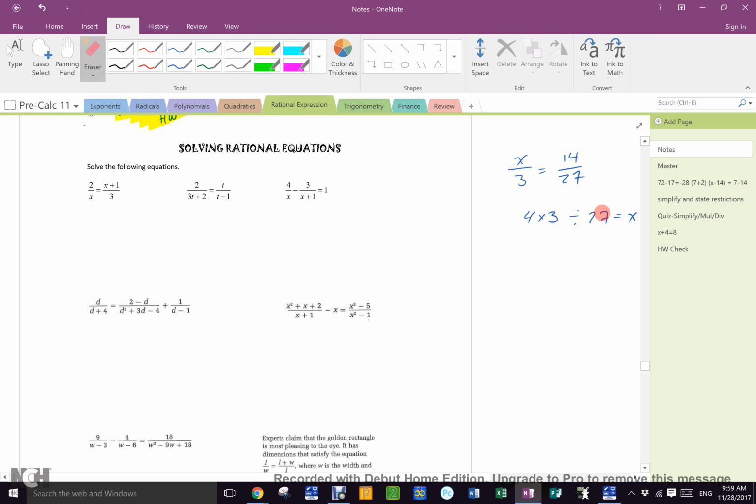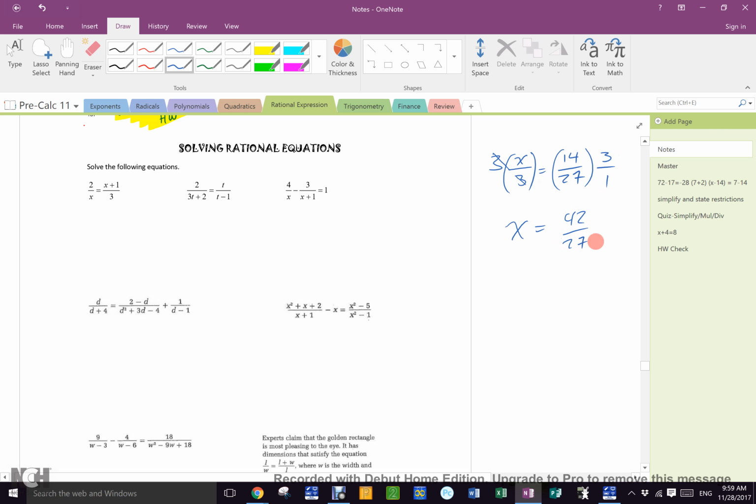Now, if you don't believe me, which of course many of you don't, if we were to do algebra on this, we would need to get x by itself, yes? Right? So we would multiply this side by 3, which means what do we got to do to this side? Times by 3, which is 3 over 1, isn't it? Right? Which would give me 3 times 14. Remember how we had 14 times 3? Okay? So that would give me, they'd cancel, and I would have x equals